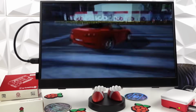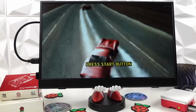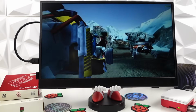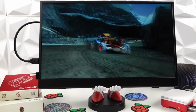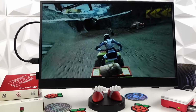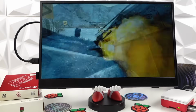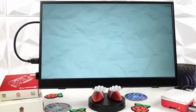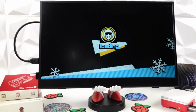I mentioned earlier just how impressed I was with the performance of Android 14 on the Raspberry Pi 5, and most of the emulation that you will be seeing here was conducted in Android 14. It's certainly not without its issues, and I spent a good amount of time hopping between Raspberry Pi OS, Ubuntu, Batocera, and of course Android. For my own use cases, I liked what I was able to do with Android the most, and so for